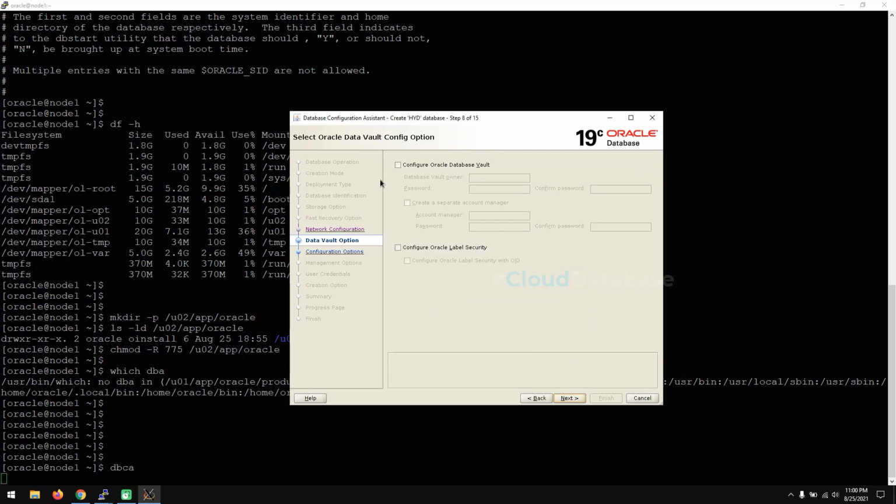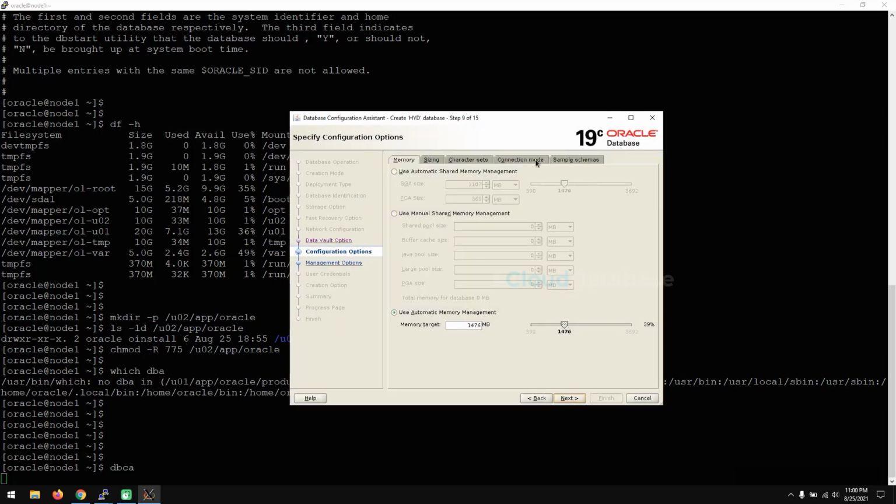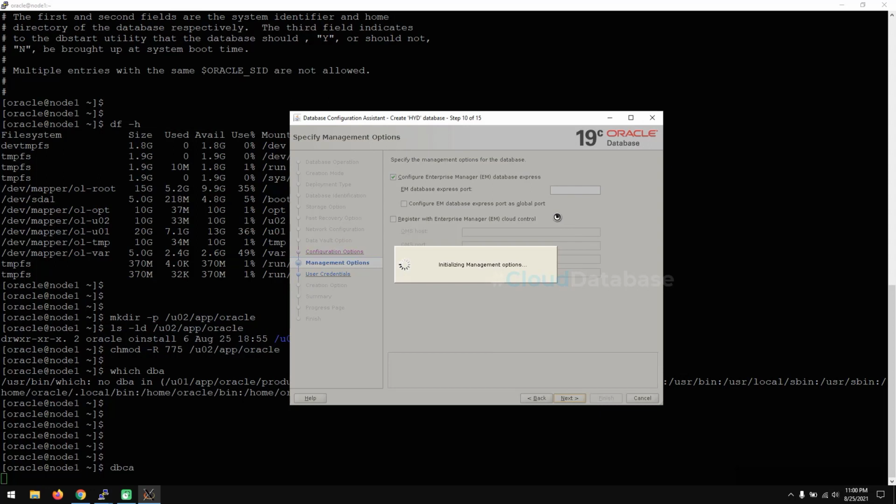So these are the advanced options. Right now it is the cloud era, so in the cloud every security feature is mandatory. Database Vault and Label Security belong to the security things. Right now we are not going to discuss this, so I'm unchecking it and moving forward to next. These are automatic shared memory and automatic memory management. These are already covered normal topics, like normal database things. I'm just clicking next on these things. I'm not changing anything, I'm choosing the default options only.